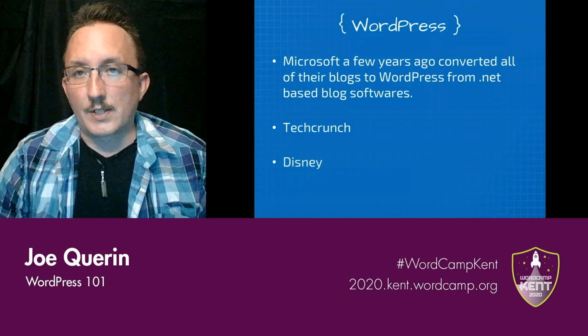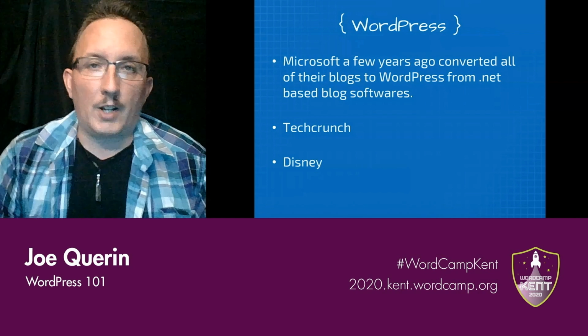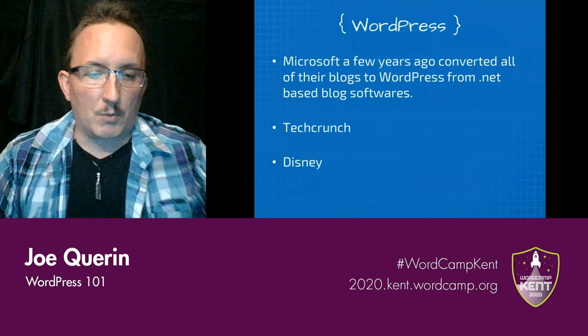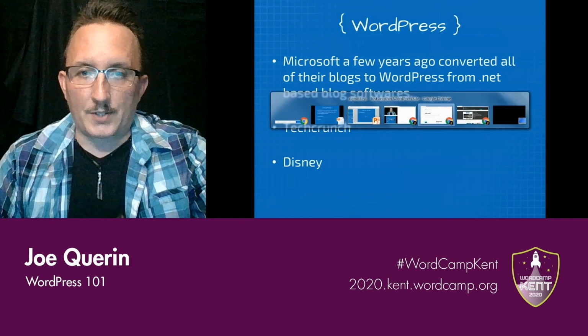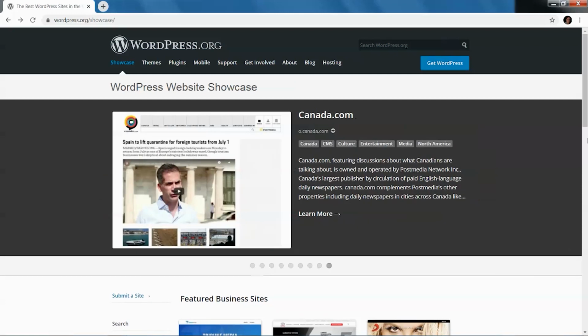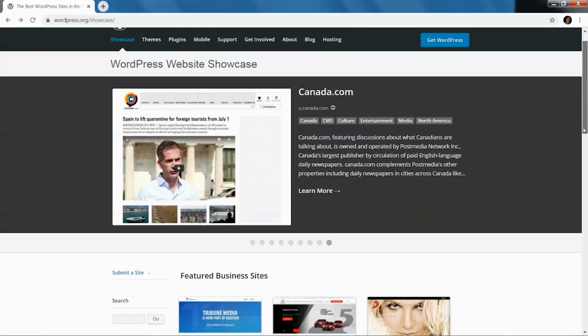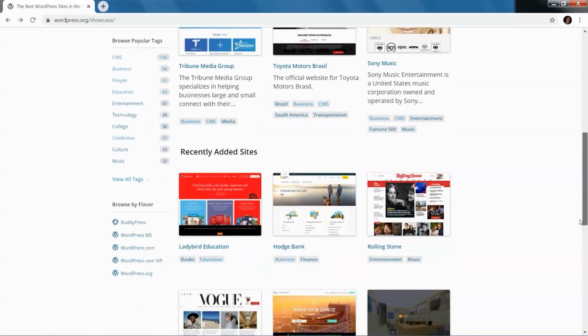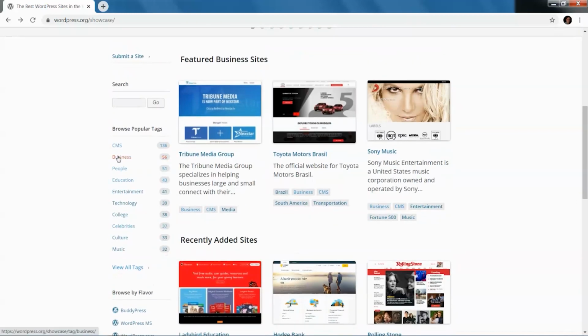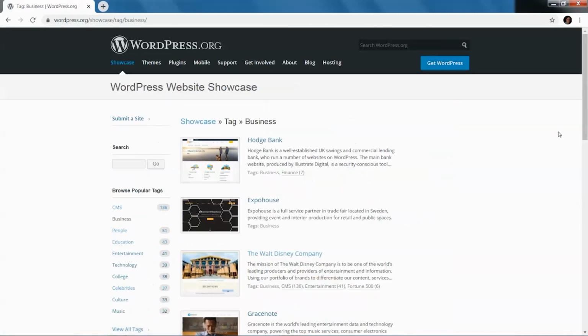Believe it or not, too, Disney actually uses WordPress for quite a few things, quite a few sites. As a matter of fact, if you go over to the WordPress showcase on WordPress.org, you can find in their featured business sites a website from Disney, and I think it's under the business tab. I saw it earlier.